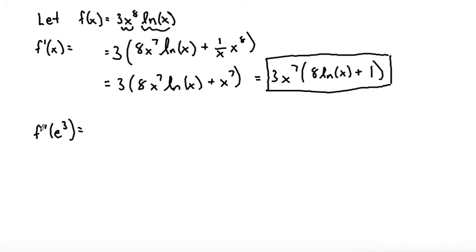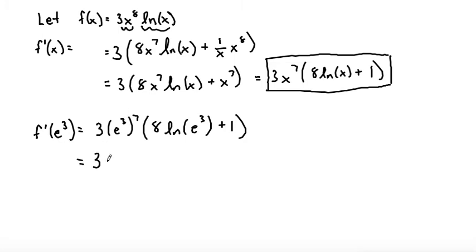And then to find f prime of e to the power of 3, we plug in e to the power of 3 into every x in our derivative. So that makes 3 times e to the power of 3 to the power of 7 times 8 ln of e to the power of 3 plus 1. So then if we simplify that a bit, a base raised to a power raised to another power, you multiply the powers. So that would make 3e to the 21